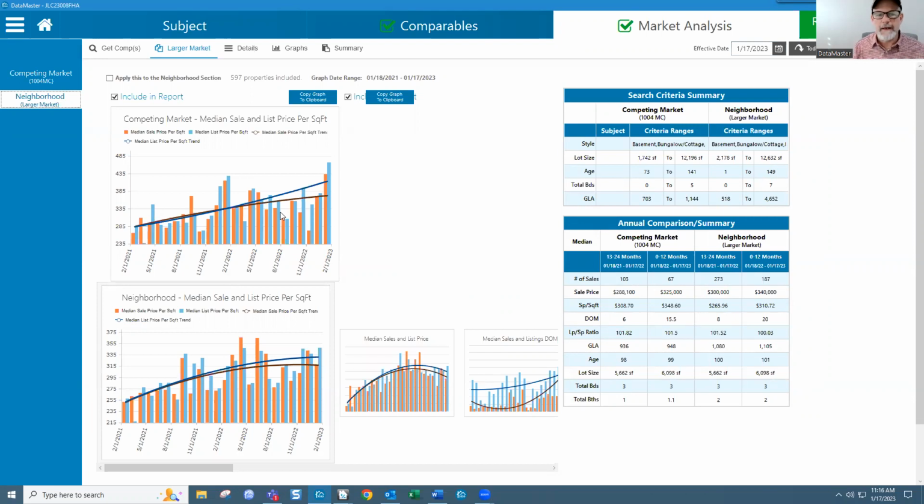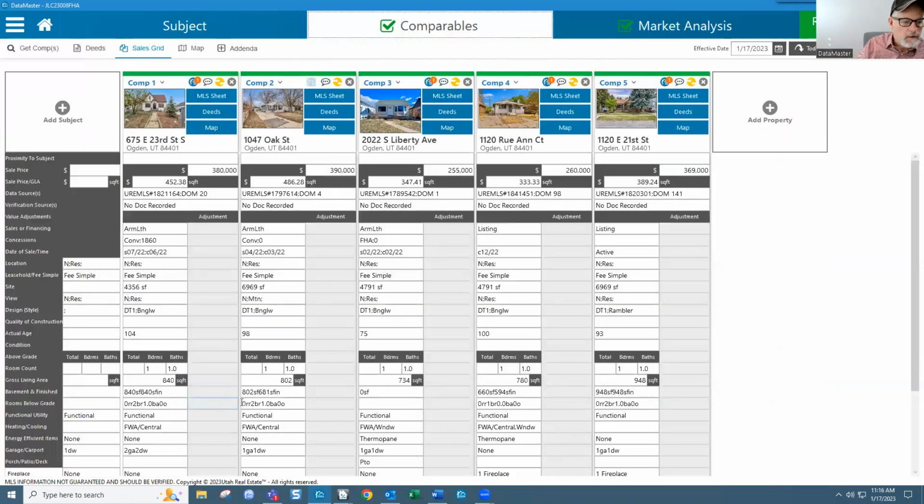Whenever you have more data, it seems to make things a little bit easier, a little bit better. And there's a couple things that I've been doing recently to help. So this particular subject property only has one bedroom in the GLA. So the first thing I did was I searched for just one bedroom GLA properties, and I only had 7